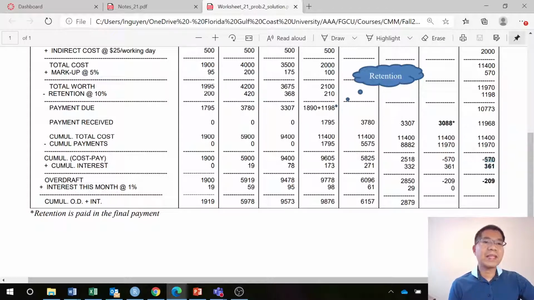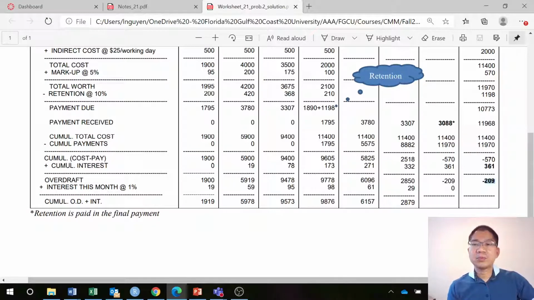Cumulative, it becomes negative. It means that you receive more money from the client than the money you spend. So if you don't borrow the money, don't consider the interest, the profit is 570,000, which is 5% markup of the project. But now you have to pay the interest if you don't have money, borrow money and do the work. Total, you get 361,000 interest, only 1% per month, and that's the markup 570,000 minus 361,000, you have 209,000. It means that we only make a profit of 209,000,